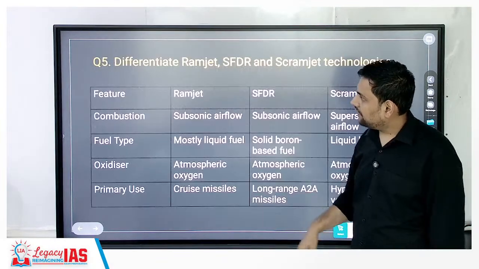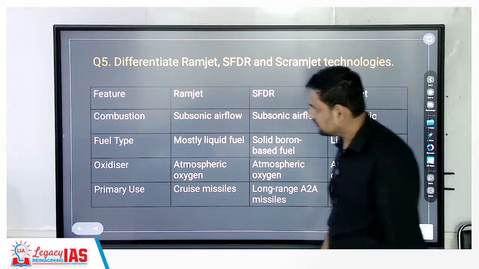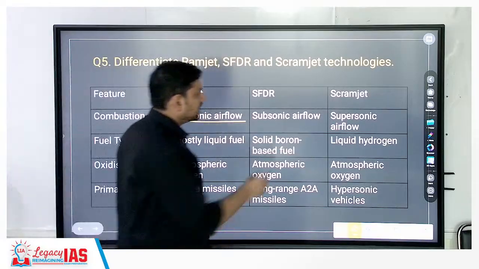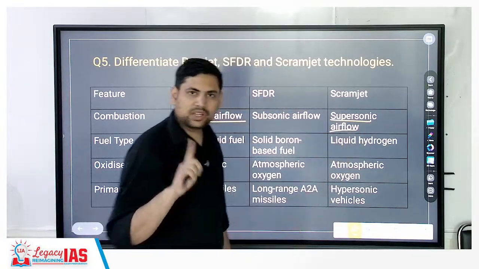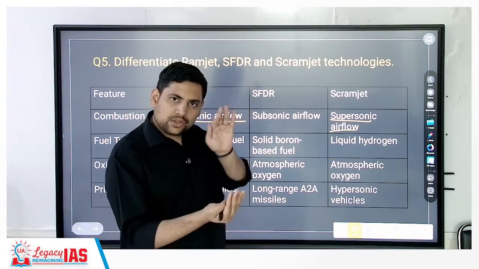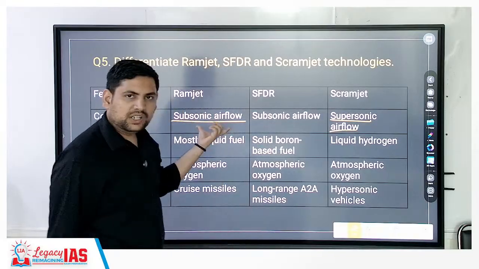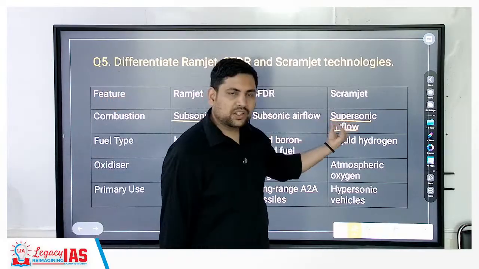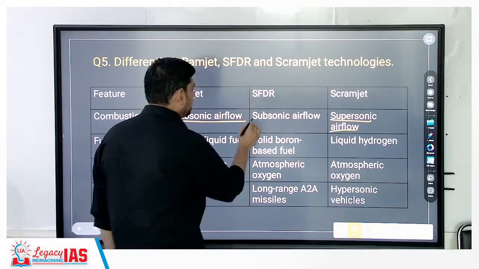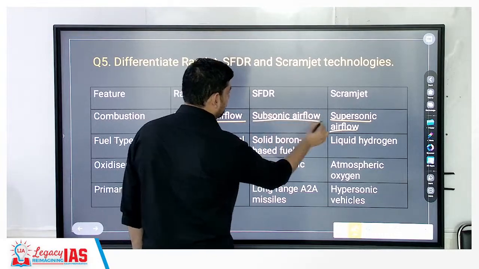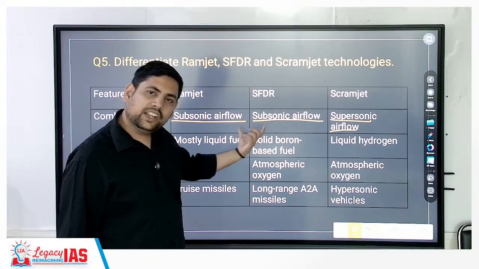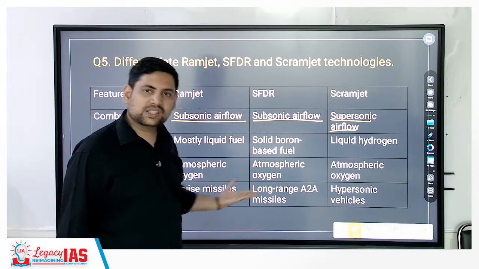Okay. Then last is this difference table. So ramjet combustion is at subsonic airflow, then scramjet at supersonic airflow. If you remember, this was the difference between ramjet and scramjet. So in ramjet, the atmospheric air is first slowed down to subsonic speeds for the proper reaction. In scramjet, they don't have to do this. At that very high speed only it reacts. Now in SFDR, that is solid fuel ducted ramjet, they are using subsonic airflow only. Now the good thing is that they are using subsonic airflow and they are trying to maintain a similar speed